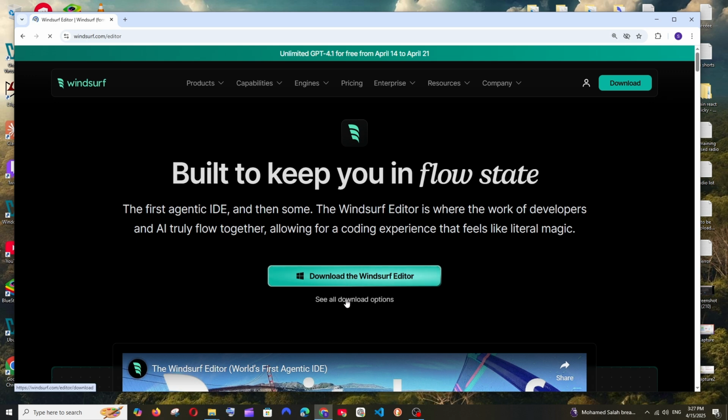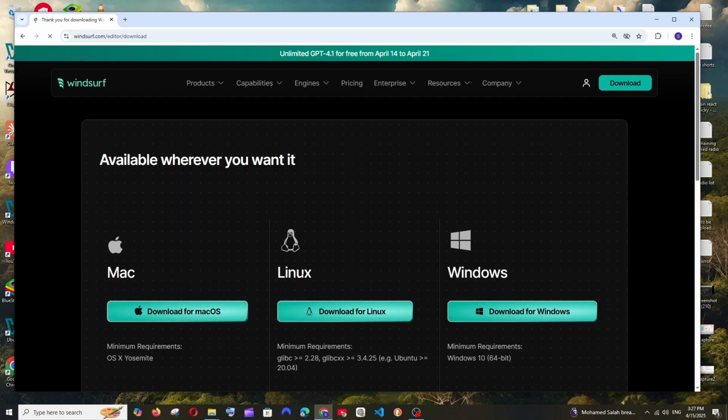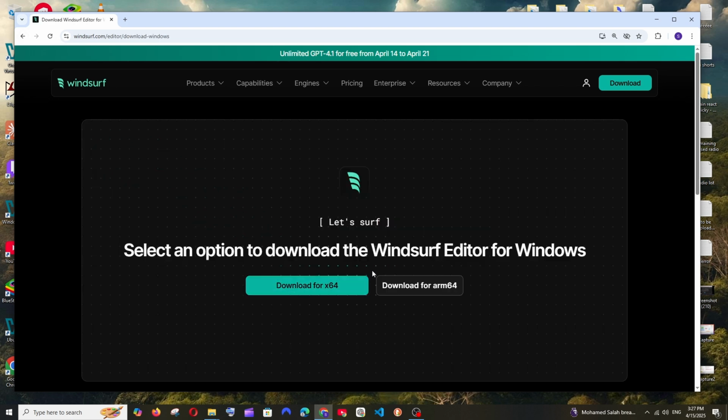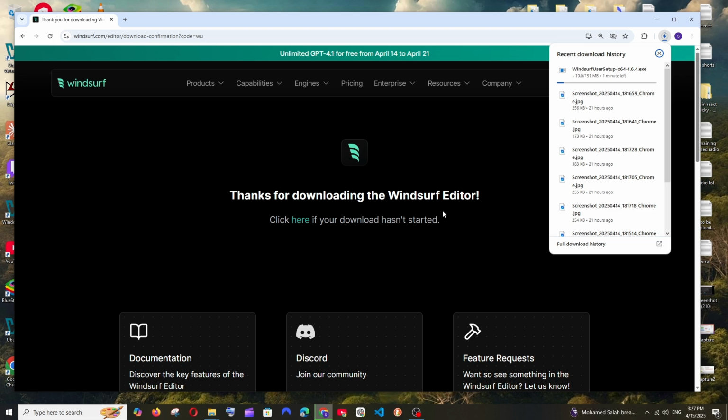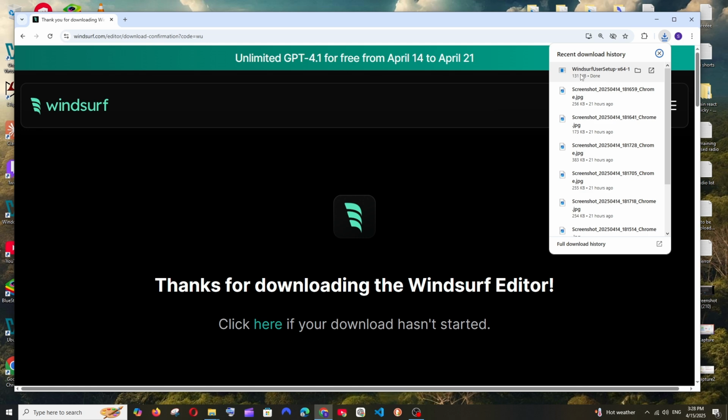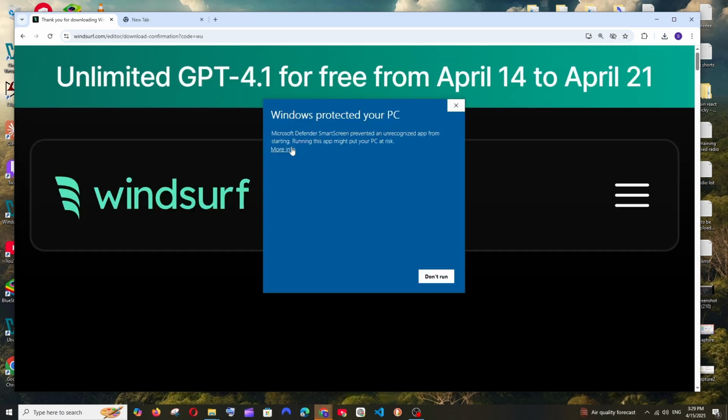If you click on see all download options, we are having for Linux, Mac also. So just click here and the 64-bit one, and the download is getting started. It is about 131 MB in size. Just be patient till then. So once the download is complete, just open it. Just click on this and run anyway,